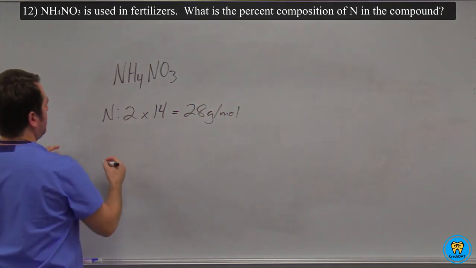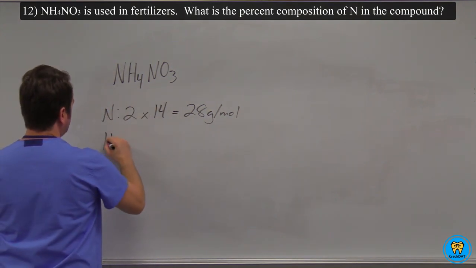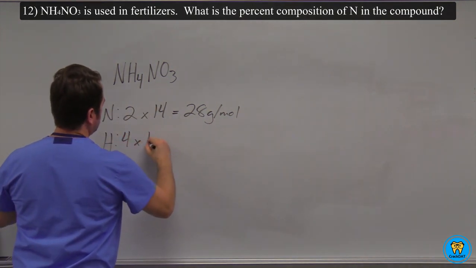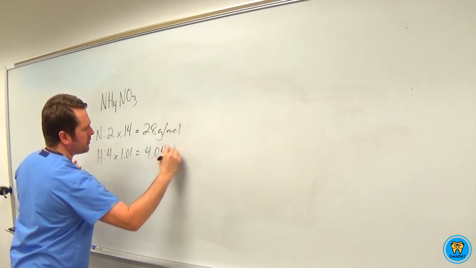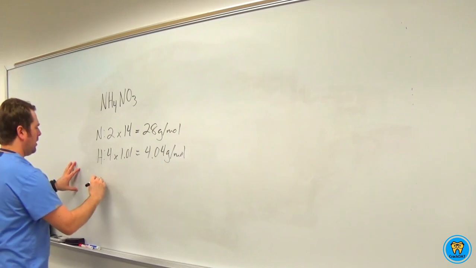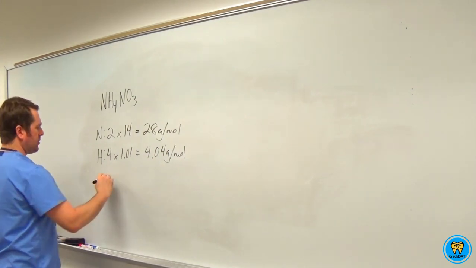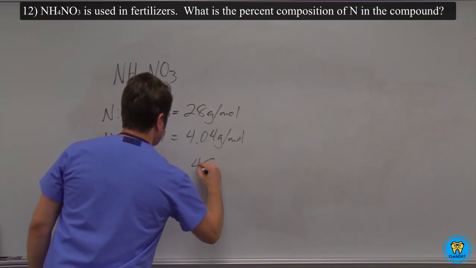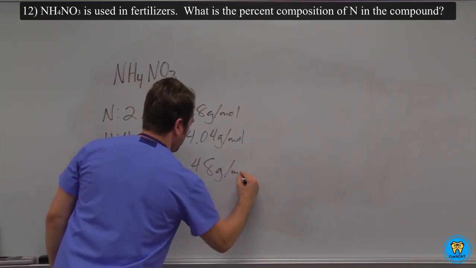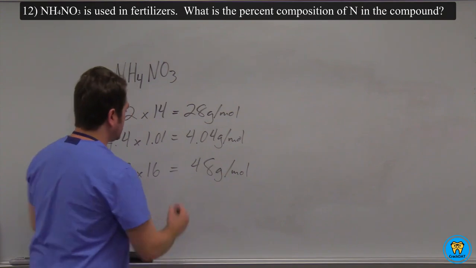And then the next element is hydrogen. We have 4 of those, 4 times 1.01. That comes out to 4.04 grams per mole. And then we have the oxygen. We have 3 times 16, and that comes out to 48 grams per mole. So now the next step is obviously we just need to sum